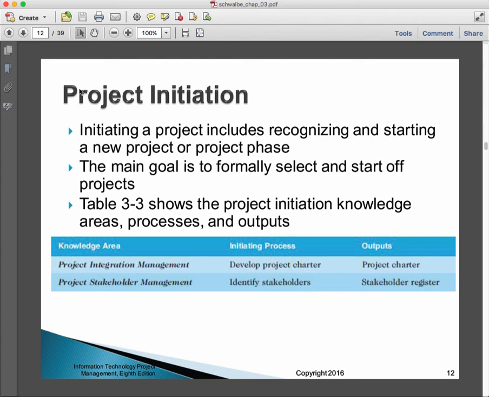So this is a way of looking at the parts of project management by saying these are the knowledge areas that this activity is going to touch on. These are the individual processes that get done, for instance, develop project charter and identify stakeholders. And these are the outputs. People always want to know, what's the deliverable? What are we getting